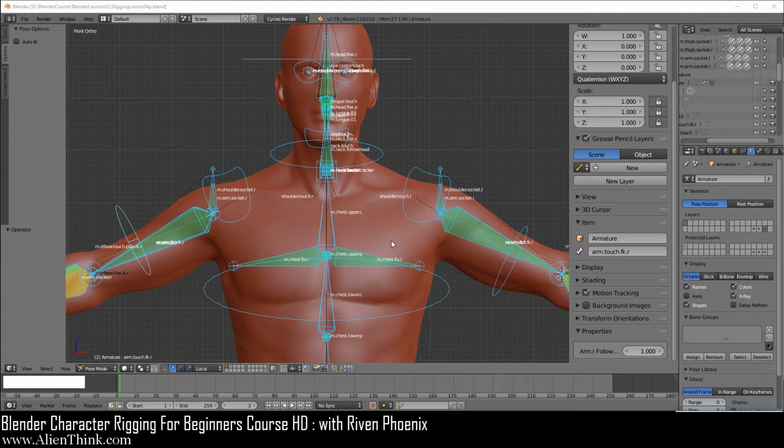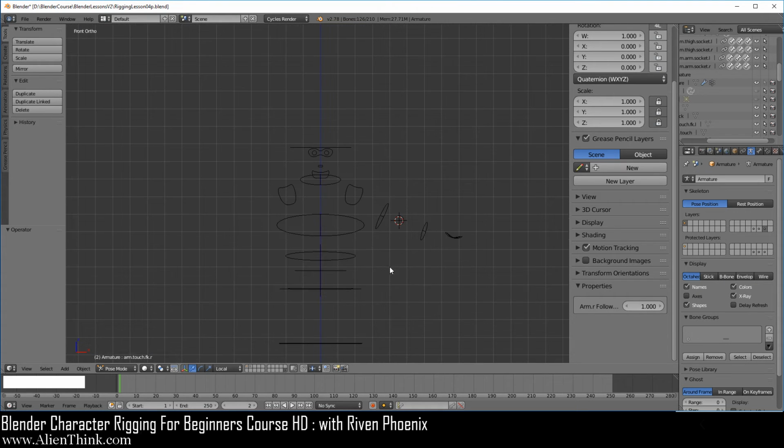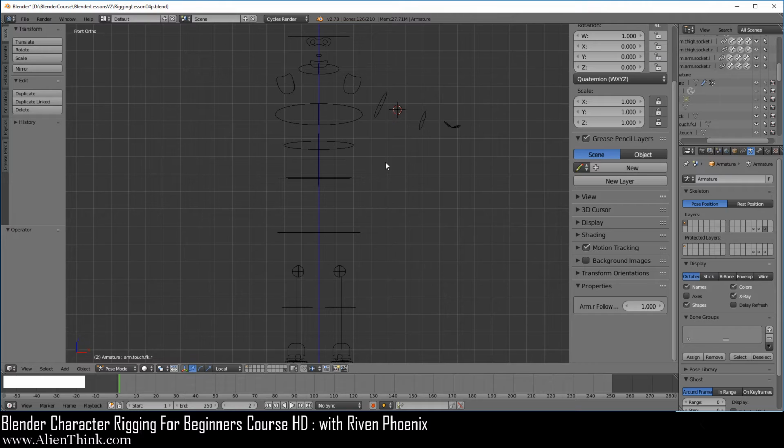Okay, so what we're going to do now is simply mirror the bone shapes to the right side. Now we're going to use the same technique that we did when we mirrored the shoulder bone shape. So go ahead and switch to the layer where all your bone shapes are on. Go ahead and zoom out over here and do Shift middle mouse button to pan.